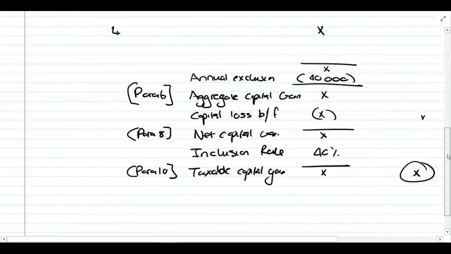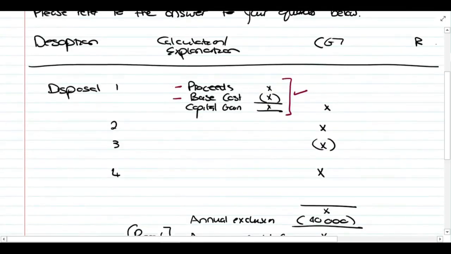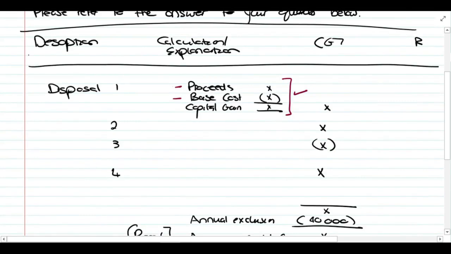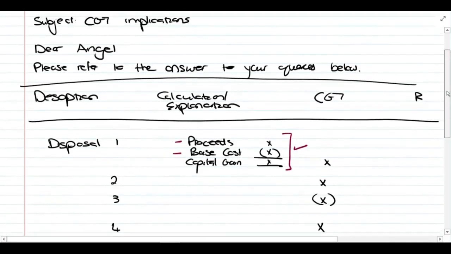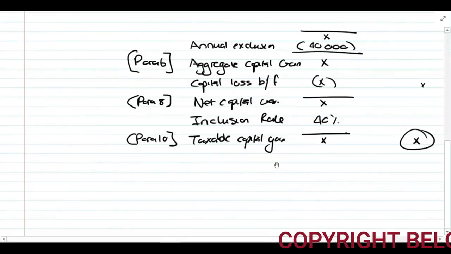Okay, so I want you to understand that is what we do. We take this calculation that we perform and we explain it in words. That's part of the thing about doing discussion questions. That's why if you really know your work and you've done a lot of questions and you're happy with those calculations, you can get the marks. You just have to explain it. Okay, so let's talk a little bit more.